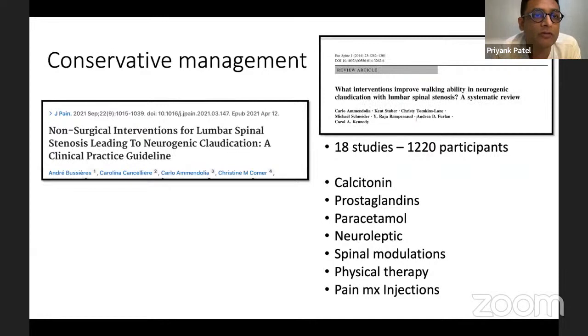But when we mention the word that we are going to conserve this patient, there are a lot of things involved. One very important thing is patient counseling. Here you have to tell the patient that you require surgery. Without surgery, the claudication is not going to improve. But we can maintain this and prevent further deterioration by living within our claudication limit, which means if you're able to walk only for 10 minutes, after every 10 minutes, take a mandatory break. That is number one. Number two, you can start with some stability exercises for these patients. This basically will help a little bit by taking care of the soft stenosis which is there.